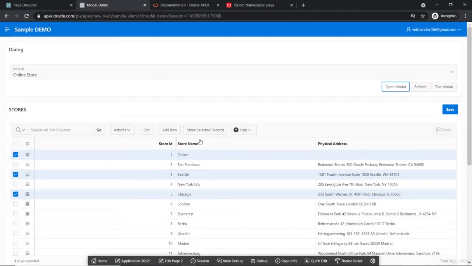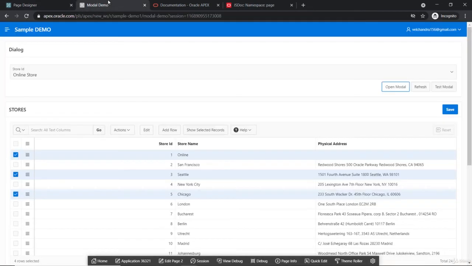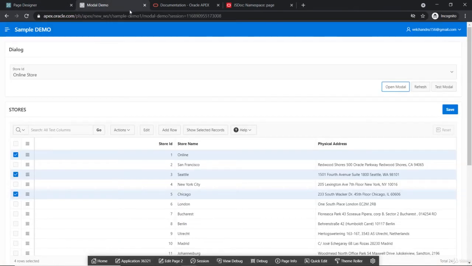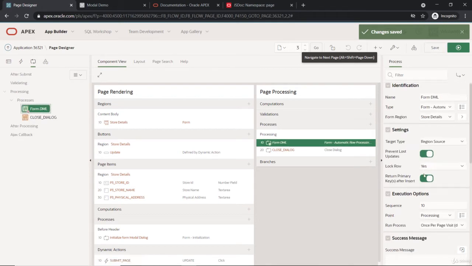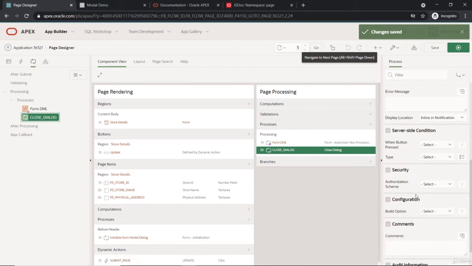So it's showing me here, and we do have a problem with the apex.page.submit. It's calling this close dialog, and it has worked, but it is executing both for now. I'm not sure why that's happening, because basically this is at the level of update, right? So this is matching and working fine, but this is close dialog, and its request should be in the